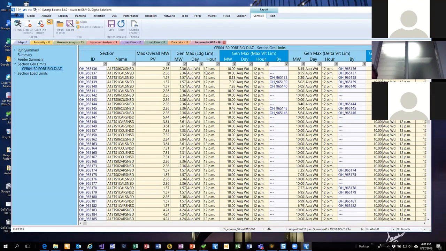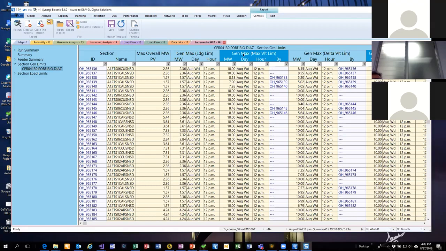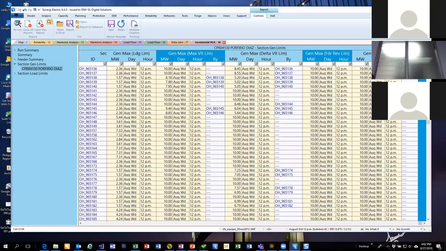and I don't know why we don't have the buy right here, because we should have the buy. That's weird. Sorry, let me just take a screenshot of that. So on the maximum voltage, we can see the section that is causing that limit, delta voltage, reverse flow. That's not going to be, and then max voltage, or I'm sorry, minimum voltage limit. So the